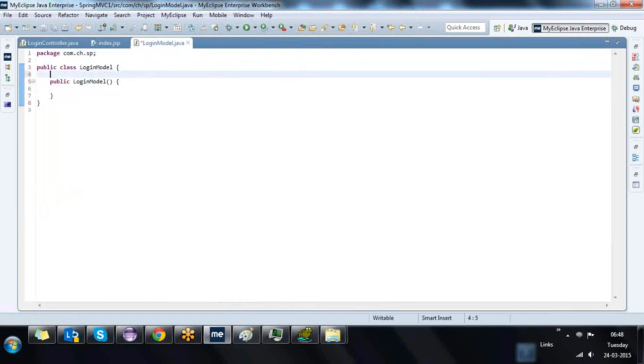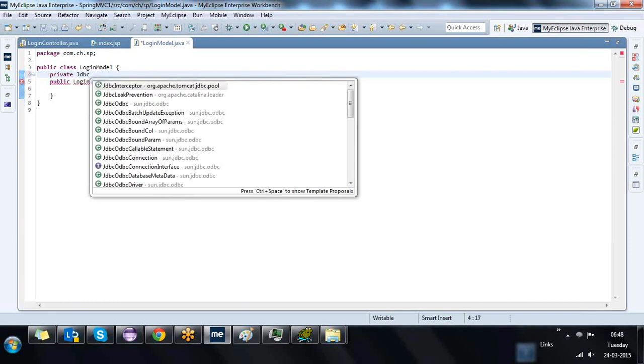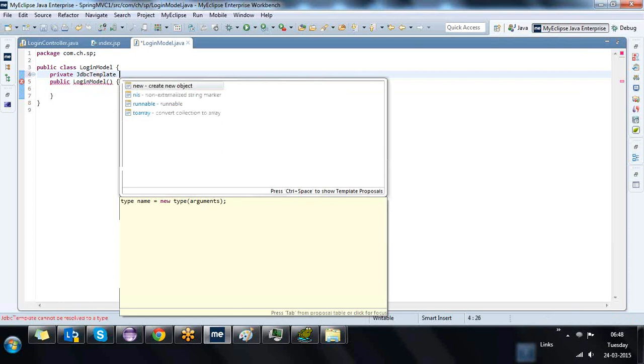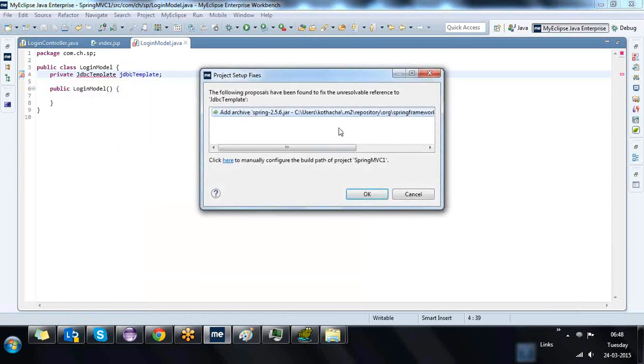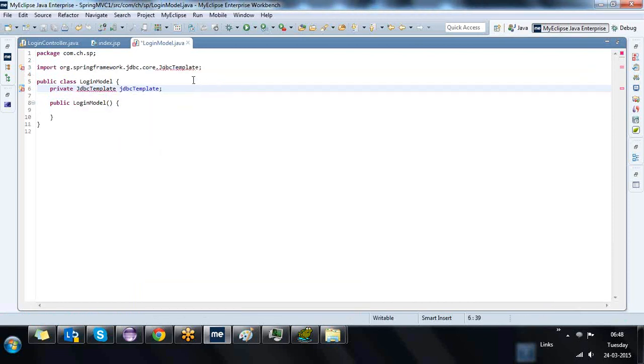I would like to have a JdbcTemplate. Since JdbcTemplate is not there, I'm passing the parameter to my constructor here,